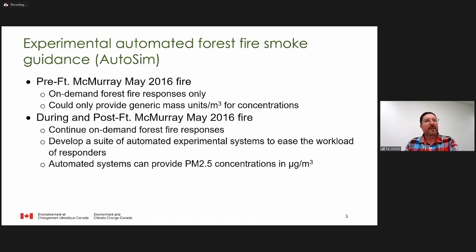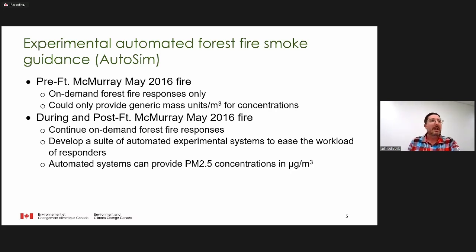So let's move on to talk about the main topic for today, which is the Experimental Automated Forest Fire Smoke Guidance, or AutoSIM for short. Before the Fort McMurray fire in May 2016, we only provided on-demand forest fire responses. The guidance products that we provided to clients were only in generic mass units per cubic meter for concentrations of forest fire smoke. This output could not be used by emergency response agencies to drive many of their tactical emergency